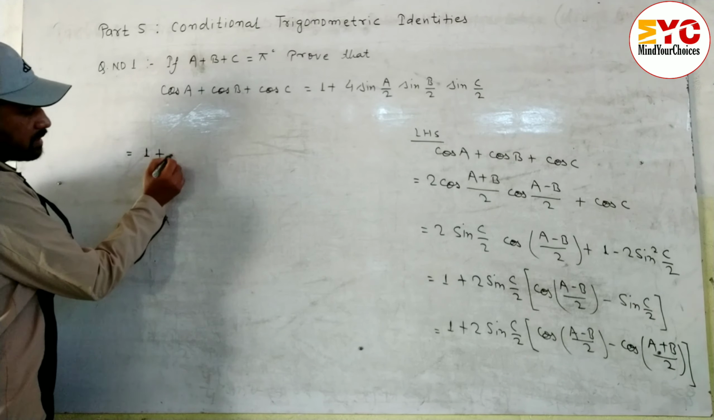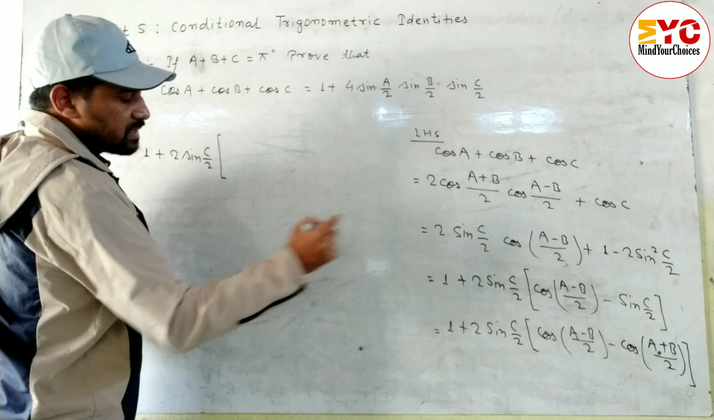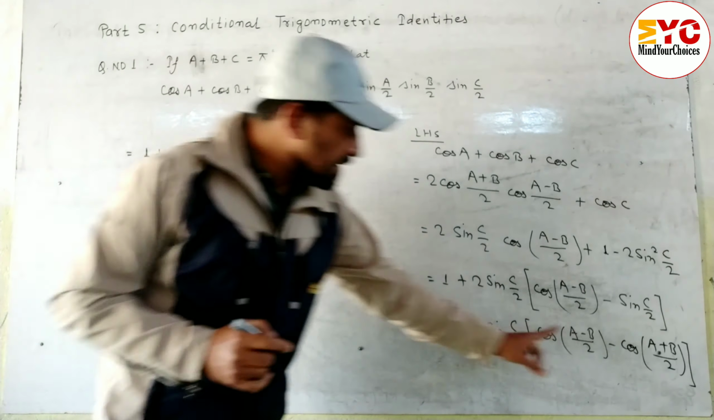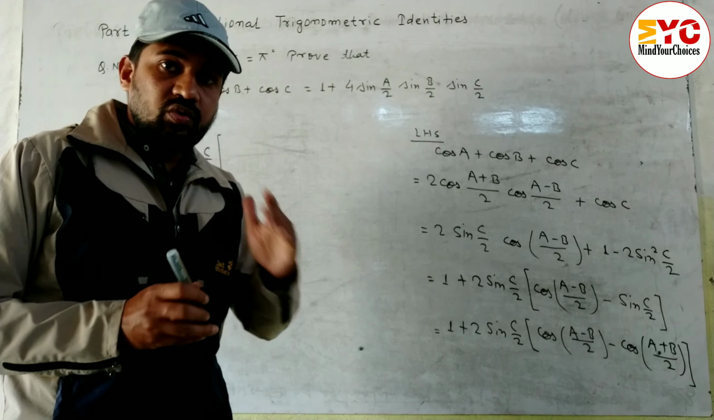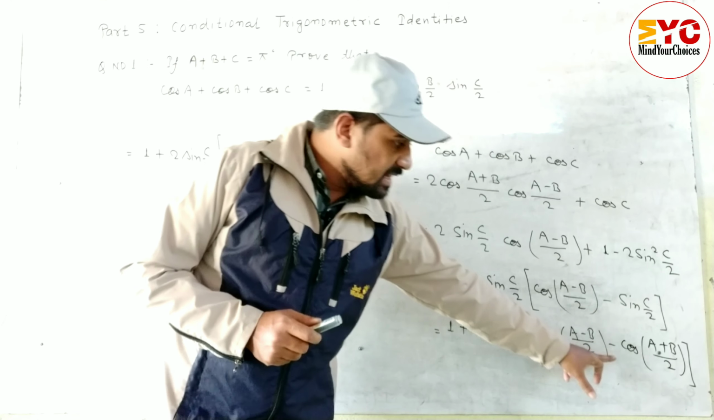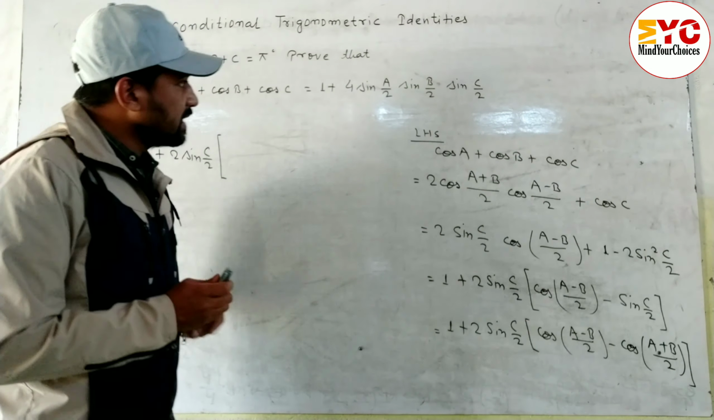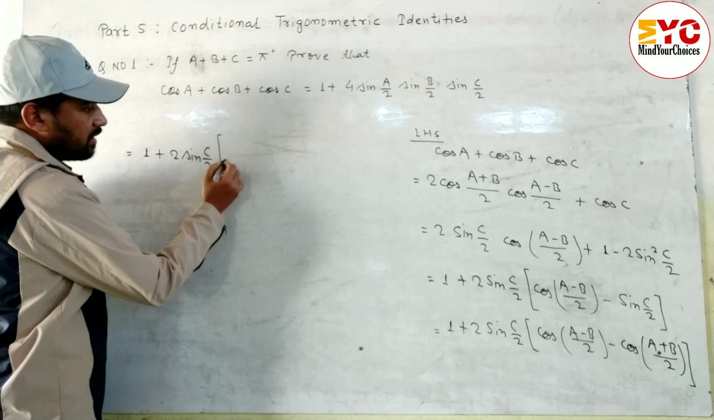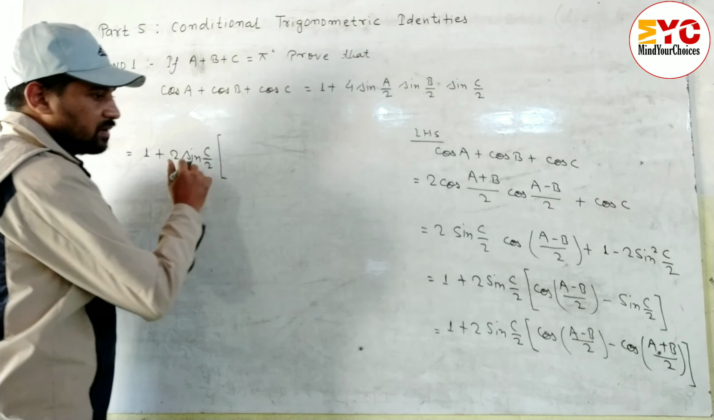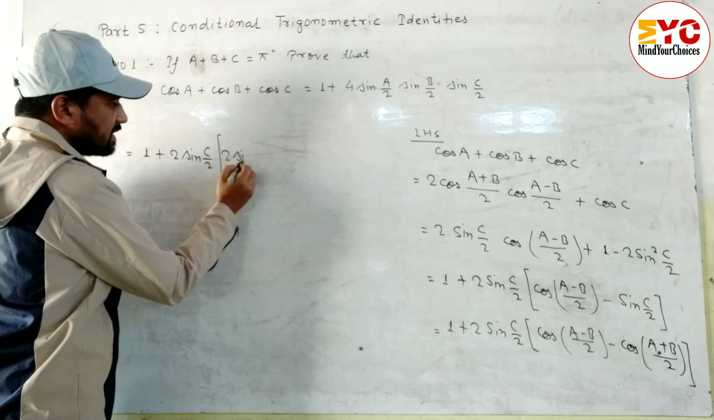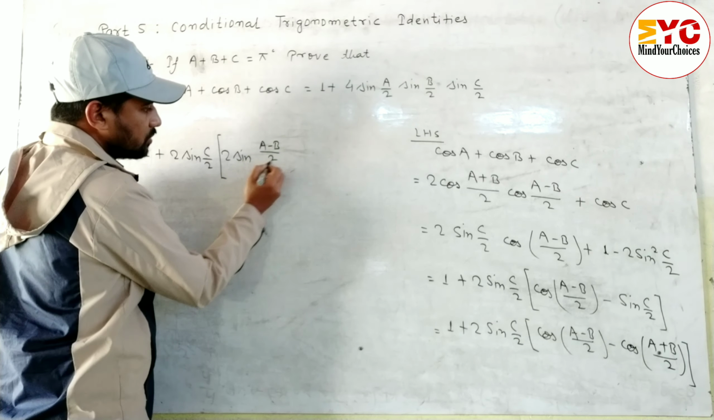1 plus 2 sine c by 2. Now the cos c minus cos d formula. Cos c plus cos d formula is in the form of cos, 2 cos c plus d by 2 cos c minus d by 2, but here is minus, so the formula is minus 2 sine c plus d by 2 and sine c minus d by 2. So we can write here cos c minus cos d formula, 2 sine c plus d by 2. C means a minus b by 2